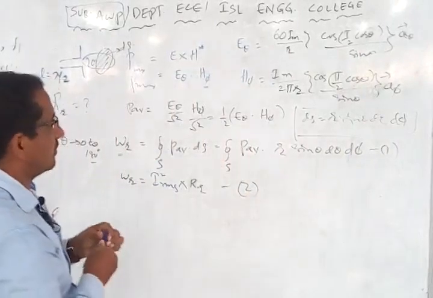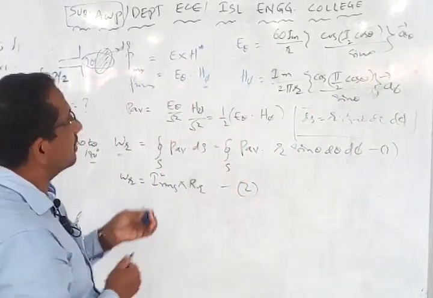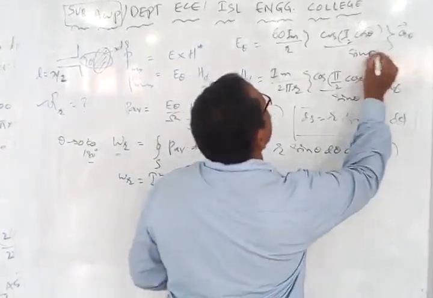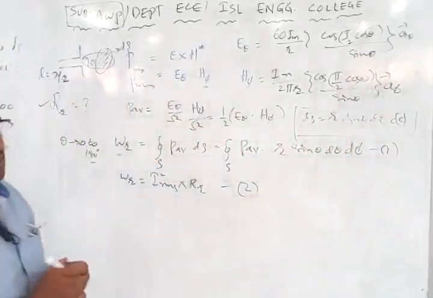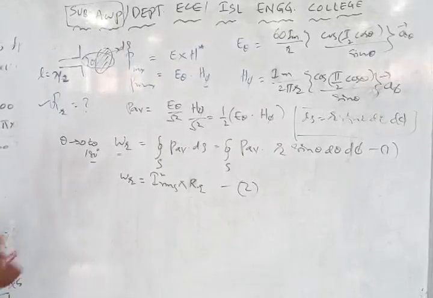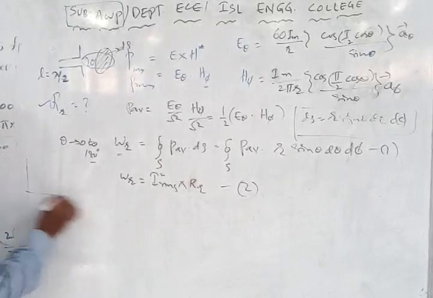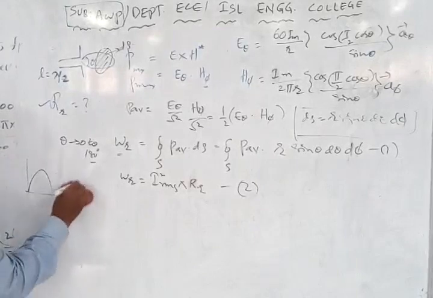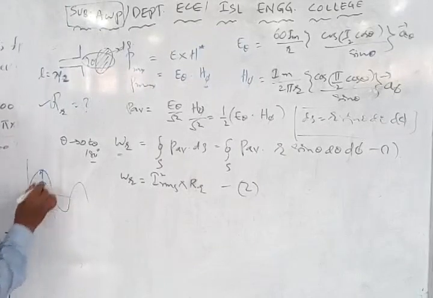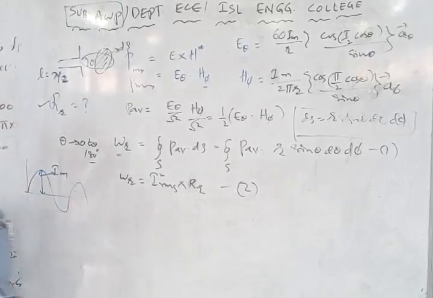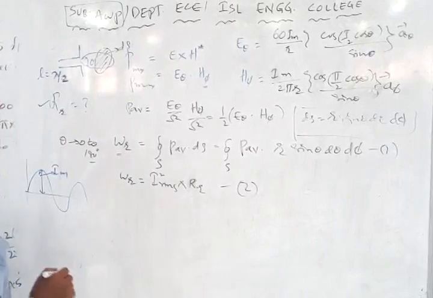Now what is the formula for E theta? We have written here 60 Im by R. What is Im? Im is the maximum current. What do you understand by maximum current and RMS current? For example, if you have a sine wave signal like this, this full peak is equal to Im, the peak current or maximum current. A single peak current is known as Im.